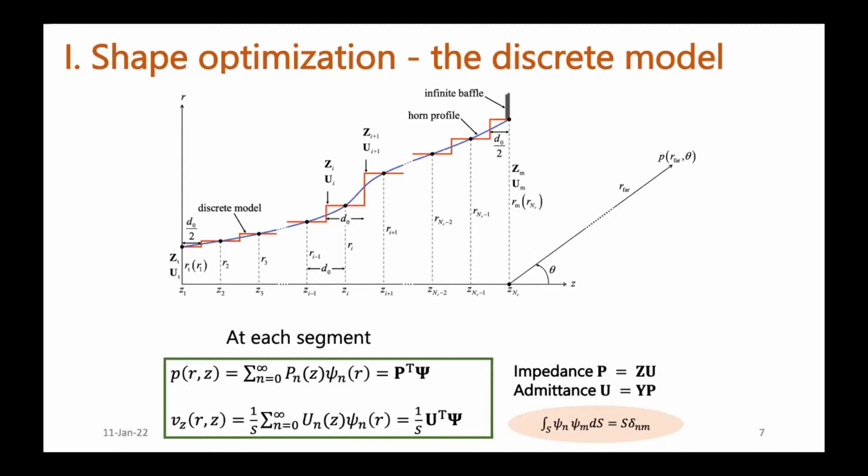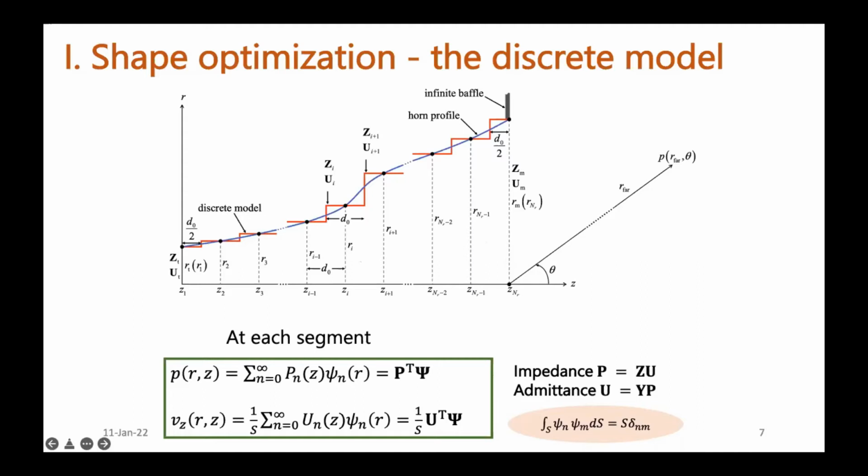And to solve this problem, we start from the output end, the mouth. It's ended in an infinite baffle, so we have a closed form solution for the radiation efficiency matrix, and then we propagate the matrix from the mouth to the throat. And then at the throat, we give it an excitation, a source, and then propagate the velocity or pressure modal vector back from the throat to the mouth to